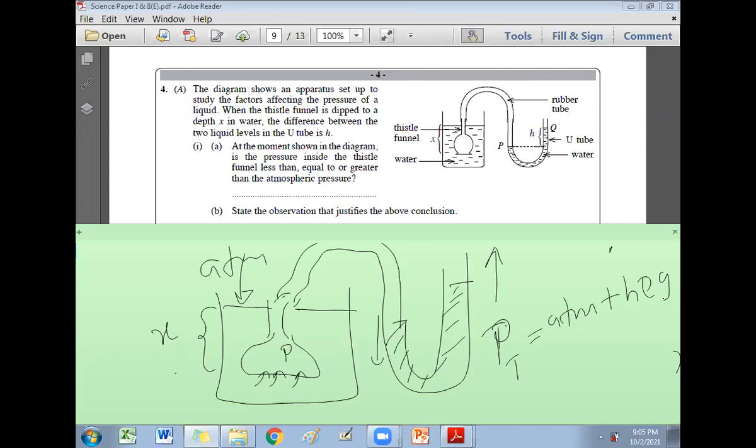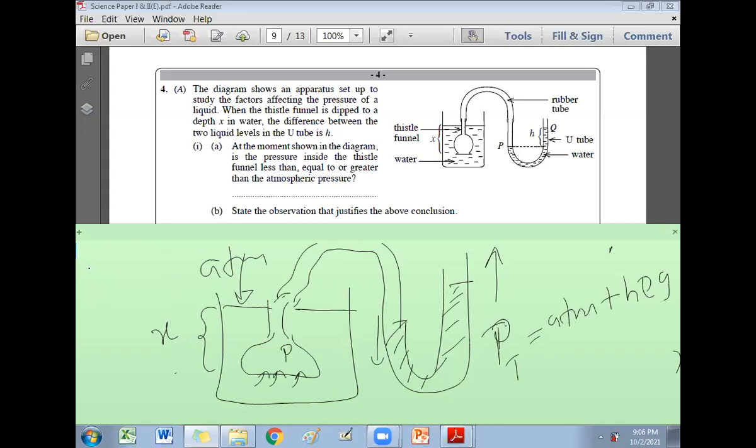Again, I am telling, if you are swimming in a pool or in a river, what is the total pressure exerted on your body? If you are underwater, it is atmospheric pressure plus the pressure exerted by the liquid, the sum of these. So I'll put here X and here Y, X plus Y. X plus Y means what? X will be the atmospheric pressure, Y will be the pressure caused by the liquid on your body. So the sum of these two will be the total pressure exerted on your body. Is that clear?